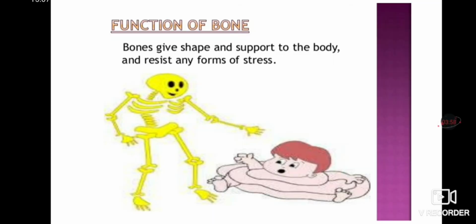Over in this picture you can see a boy, and if there were no bones in his body, then he would look like this. It's too difficult to move from one place to another. So this is the skeleton of this boy. This skeletal system comprises many kinds of bones. In this skeleton, you can see these are all different kinds of bones.